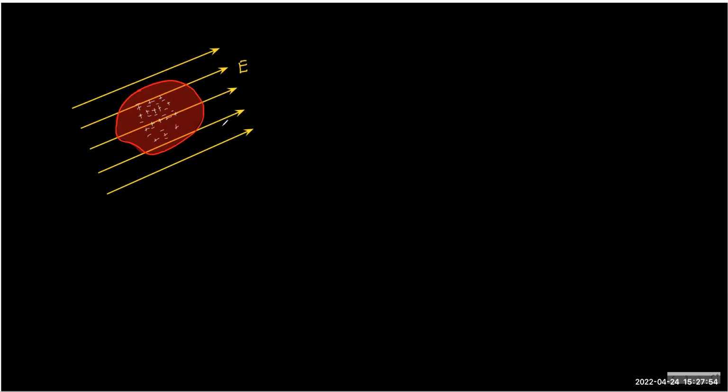Now, among the plus and minus, you can always remember that the plus are a fixed quantity. You cannot move the plus, but the minus represents the mobile electrons which can move. So the moment you apply the electric field, what will happen? The electrons will move opposite to the field. It will try to push the plus towards the right, and it will try to pull the negative towards the left, right? So all the negative charge will start accumulating on this side.